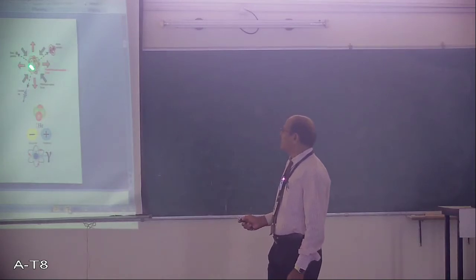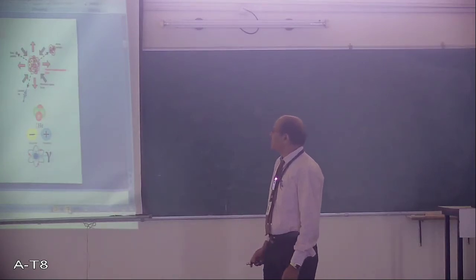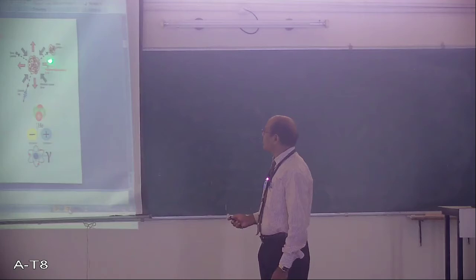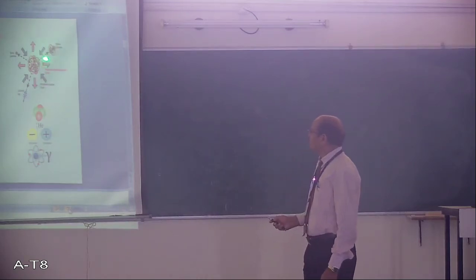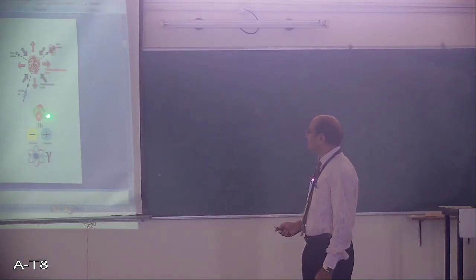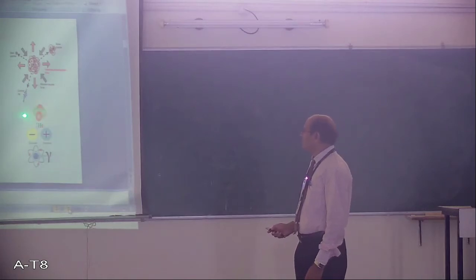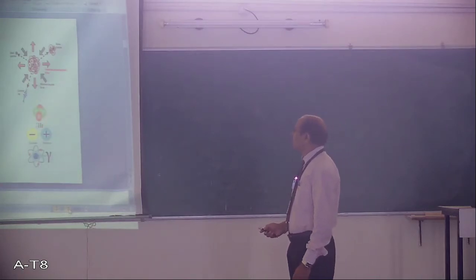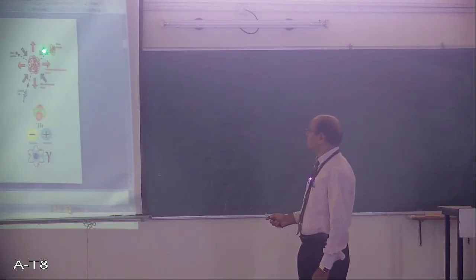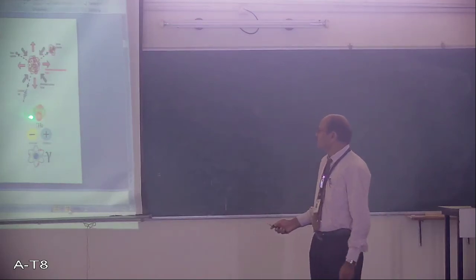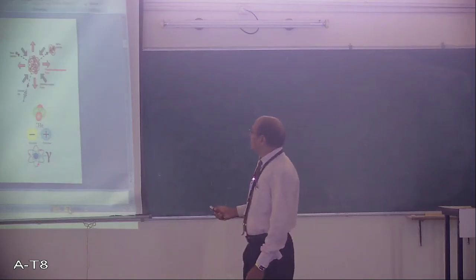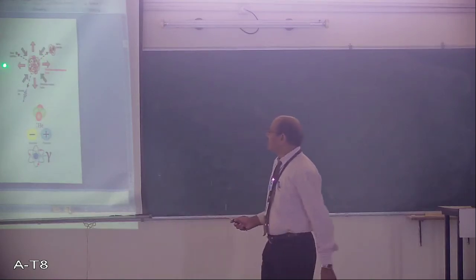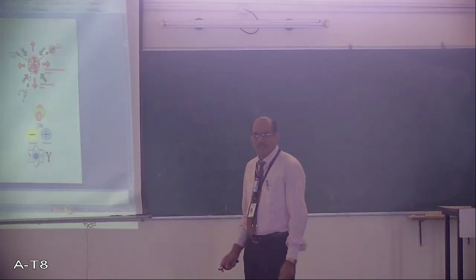So when nuclear reactions take place, then there may be emission of alpha particles. An alpha particle is nothing but a helium nucleus, which is shown here. It contains 2 protons and 2 neutrons. So here 2 positive charges and 2 neutrons are shown. Same thing is shown here. It's a helium nucleus.